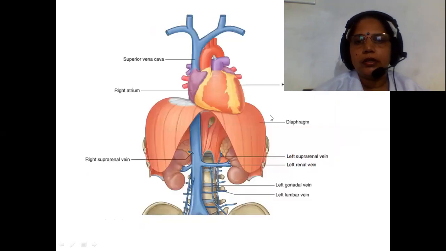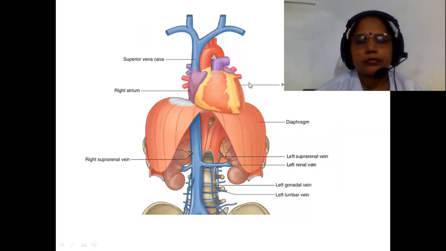So this is the dissected heart. What I am showing is the heart that I have dissected. This is the heart's outer covering. It is called the pericardium. See, this is the right atrium, right ventricle, and this is the arch of aorta. The superior vena cava here, inferior vena cava.